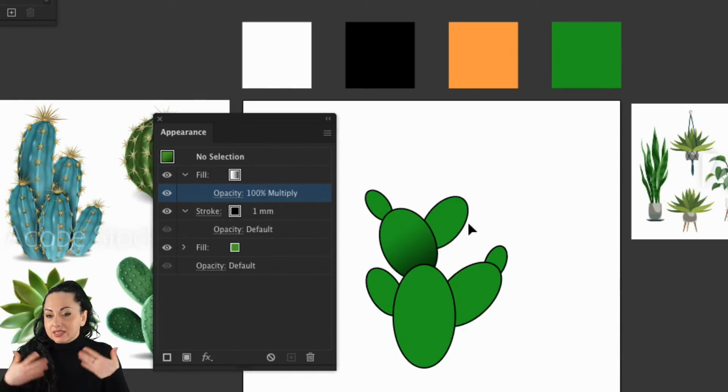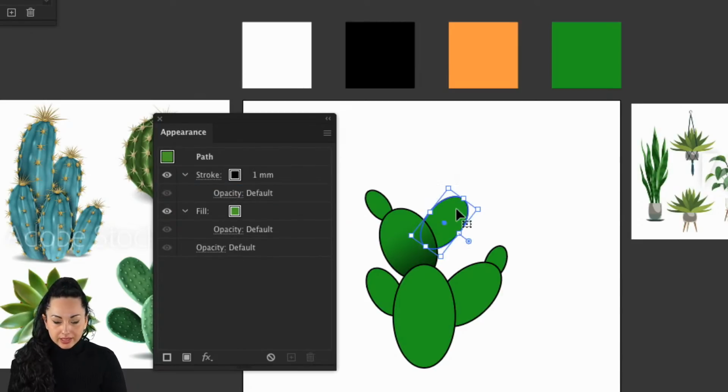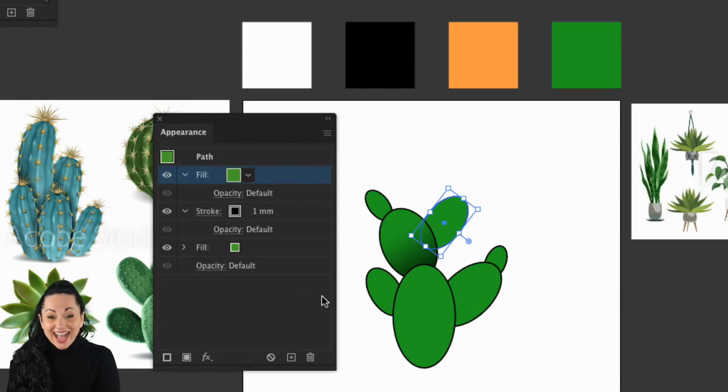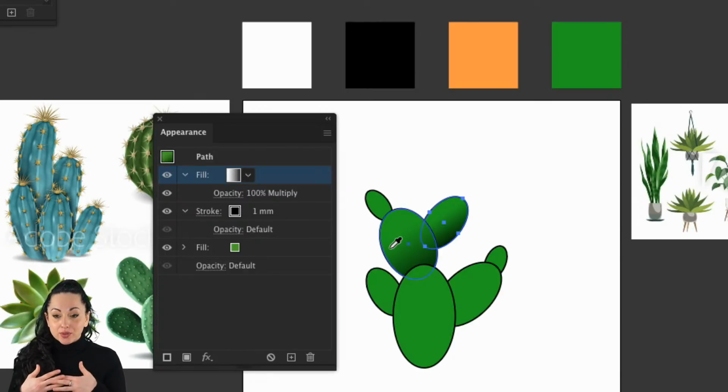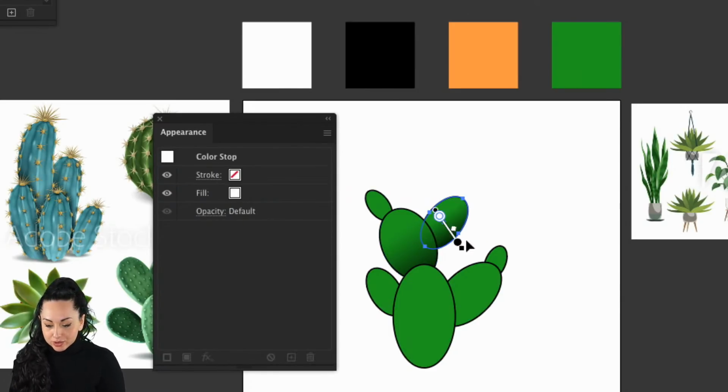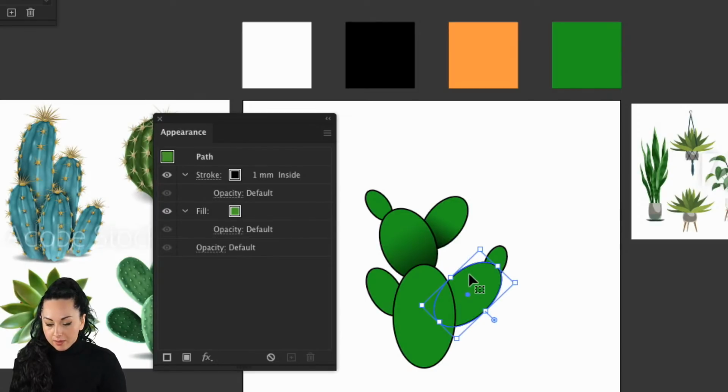In order to repeat the same thing, instead of, you know, redoing everything over and over again, click on the other little ellipses that were created, and then click on the new fill, then press the letter I, which will bring up the eyedropper tool, and you can simply click on the other shadow that we just created. So it will take the same gradient, and also the blending mode will be applied. All you're left to do is to press the letter G in order to bring up the gradient options, so you can now start to rotate and just make sure that you fix it for the actual shape.